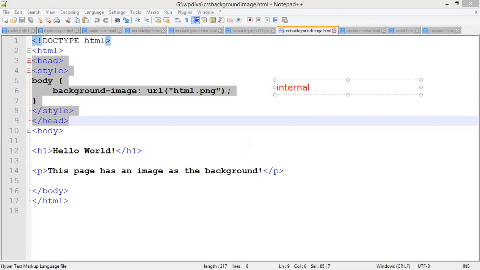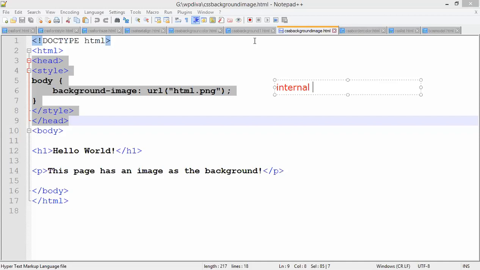Which is most popularly used is external CSS. Why? Once you create that external CSS, you keep on importing it into different HTML files. What is the advantage of that? One advantage is that if you make changes in that .css file, that will get applied to the .html file also. And we do that when we are designing websites. We use external CSS when designing websites. When you are doing programming or any small kind of files, then you can go with internal CSS.